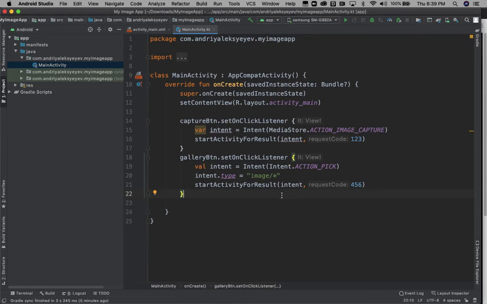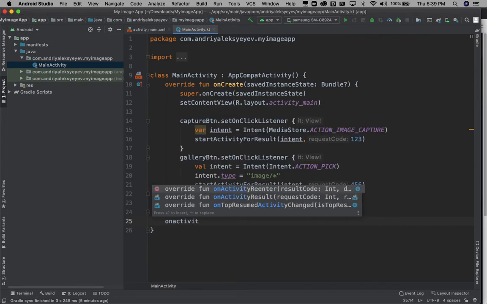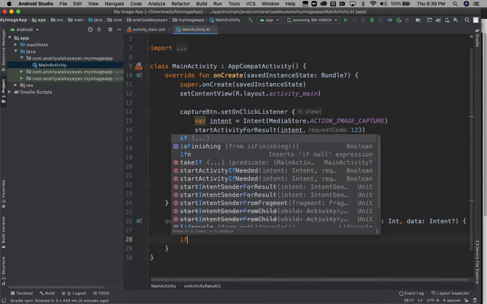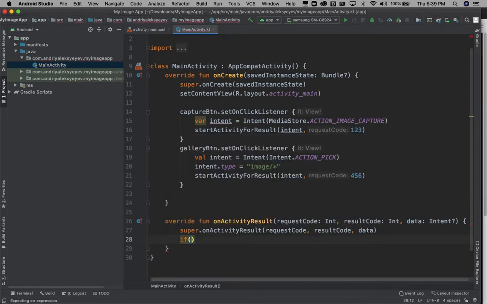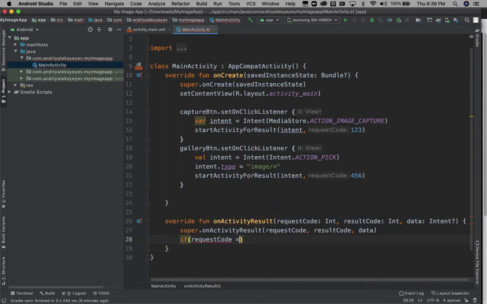Okay, one thing we need to do is right before the last curly brackets, we need to create the onActivityResult override function. Let's start typing onActivityResult, this one here, where we're gonna say if requestCode equals 123, the one on top to capture,